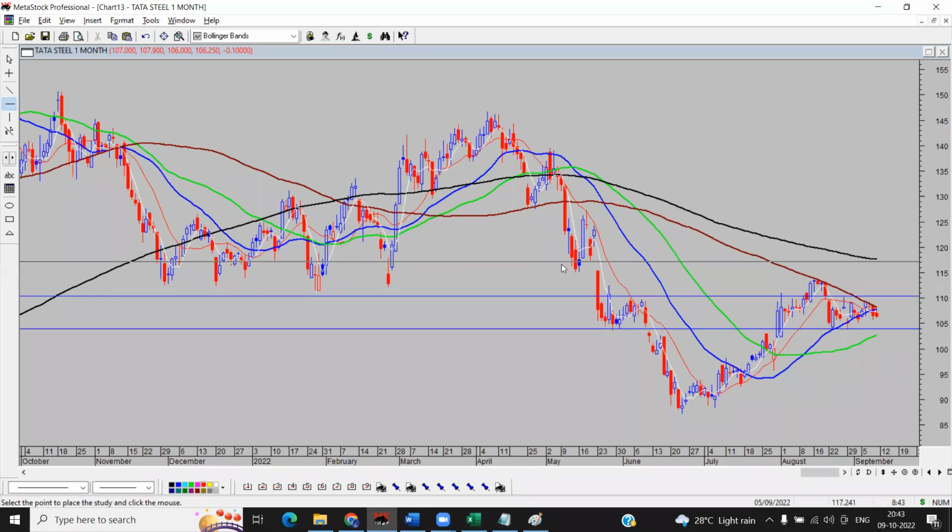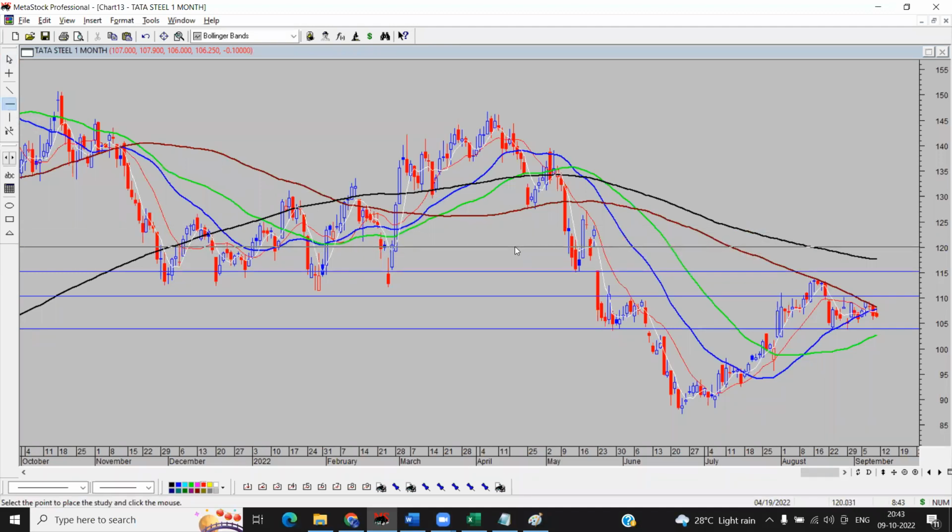The problematic thing in Tata Steel is this huge gap. You're seeing quite a huge gap here. But metal stocks generally move with news of metal moving up or down. In that time, a gap or two will not matter if some major news comes up. But as of now, major positions are being built up by some traders who know something about the stock.